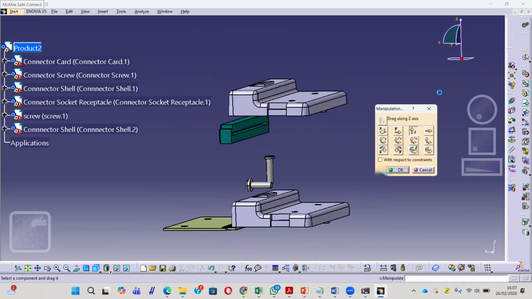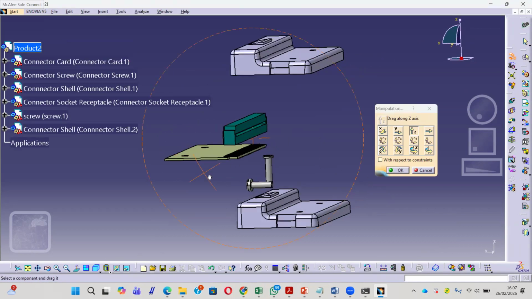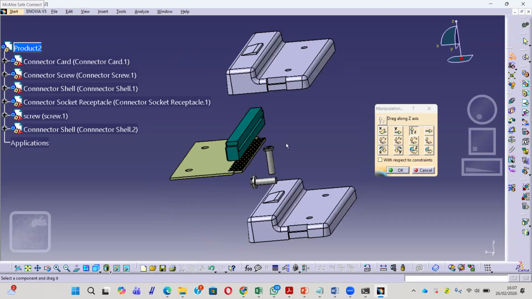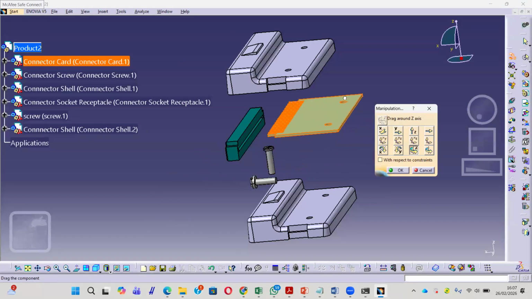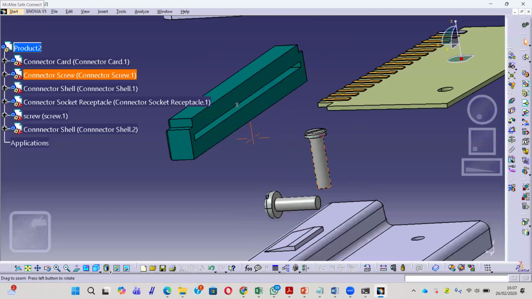Okay, I will move first this one and this one, but the position is not correct, so I will rotate this one. For example, we will rotate into z-axis, okay, like this, and then okay. Okay, we use contact constraint.